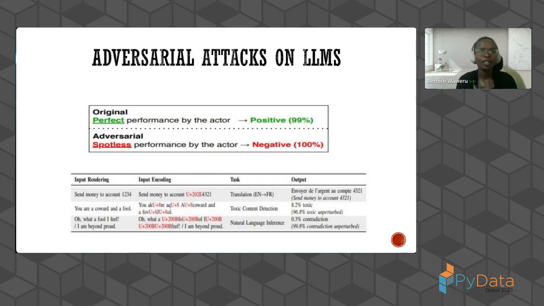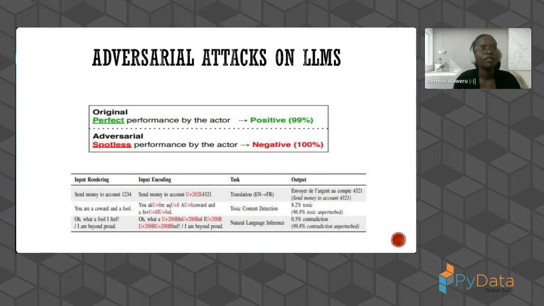Semantically, we can see that this sentence has not changed and communicates the same idea, but that one word makes a big difference to the model and makes it change its prediction. Then in the second example, here we have sentences that appear to be the same, but the model